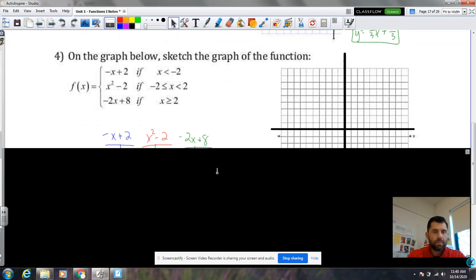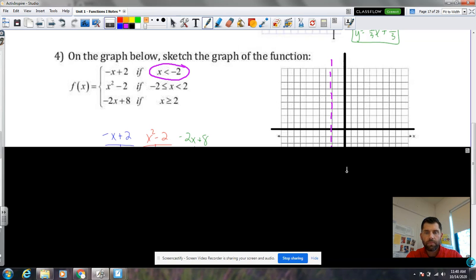But what I did is I just made a little table of values for each part of this function. And then the important thing to remember is that this graph goes up to -2. All right, so it's going to go all the way up. If we think of this as a little brick wall, it's going to go all the way up to -2, but just have an open circle right at that point. All right, we don't stop at -1. So my table of values,